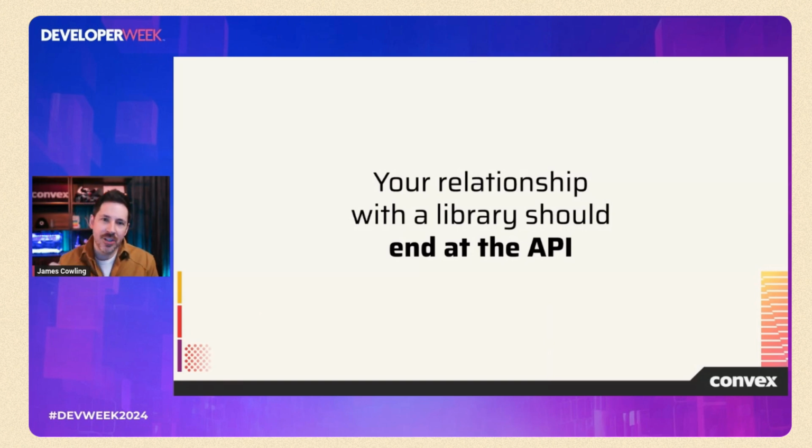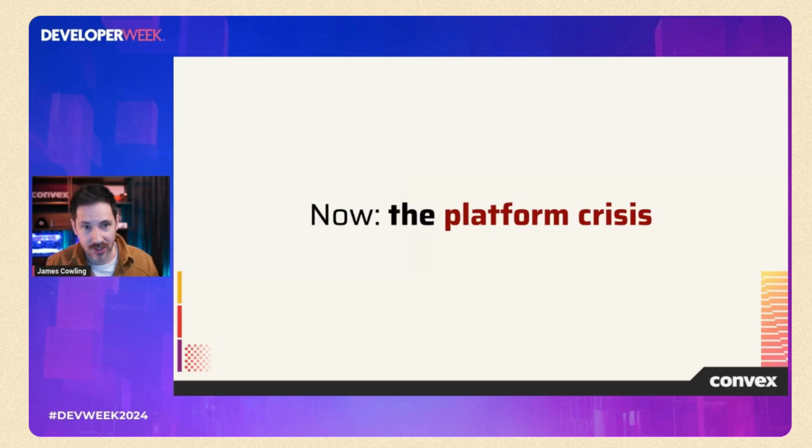The real key convention here that resonates for me is that for well-designed software, your relationship with a library or a system ends at its API. You don't need to know how it's implemented. You don't need to know what downstream libraries or systems it uses. And you don't need to know about situations where it doesn't do what it's meant to do. You just interact with the invariant specified by the function, and that's the end of the story. This is how we stand on the shoulders of library and systems builders rather than being burdened by them. And it's really the only way to build large systems, large products, and large organizations.